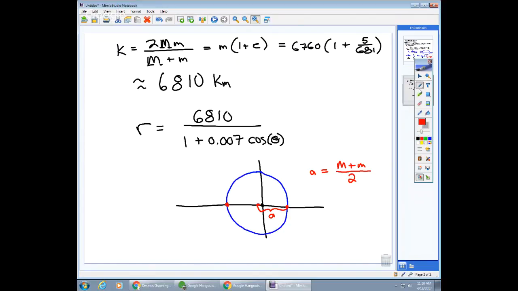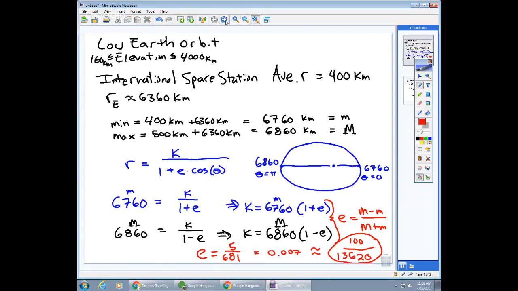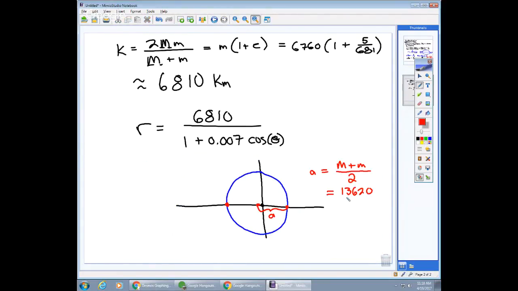So if we take, for our example right here, when I added up big M and little m, I got what, 13,620, was that it? 13,620. If I cut that in half, then I'm going to get 6,810 is the distance from here to here. And let's see, what else did I want to know about that? There was something else I thought was interesting. Oh, the position of the other